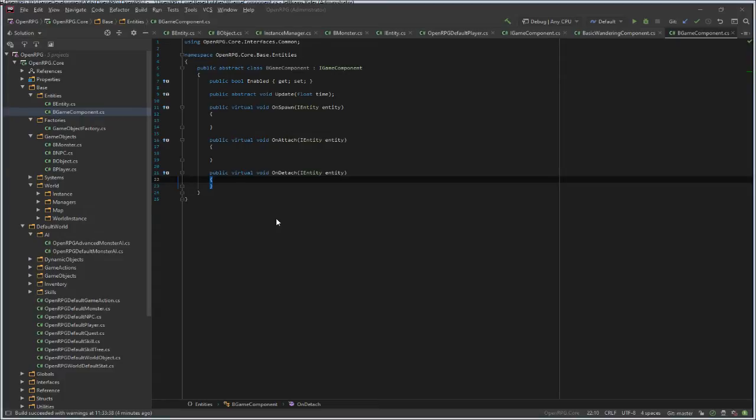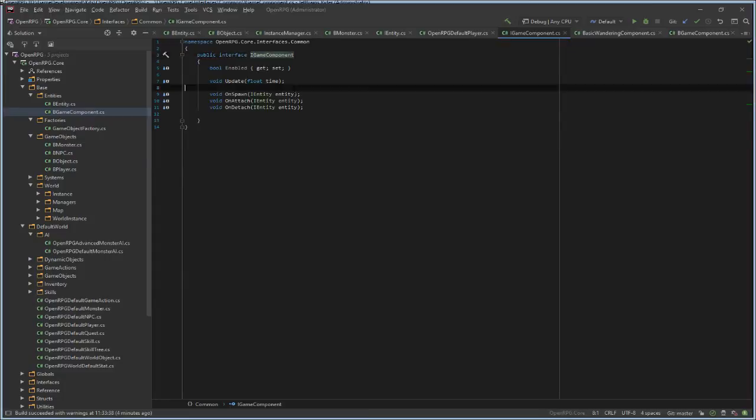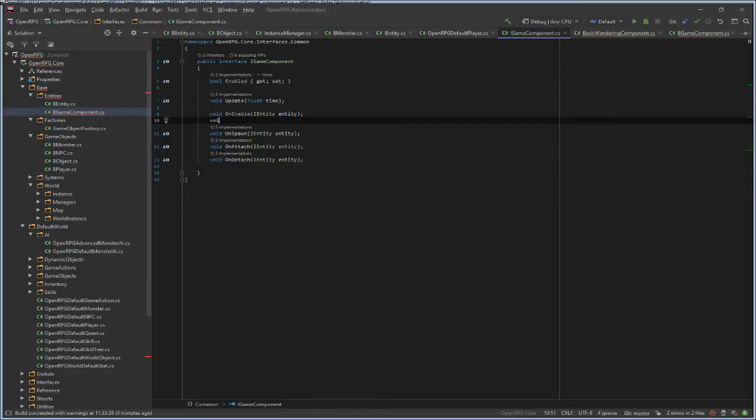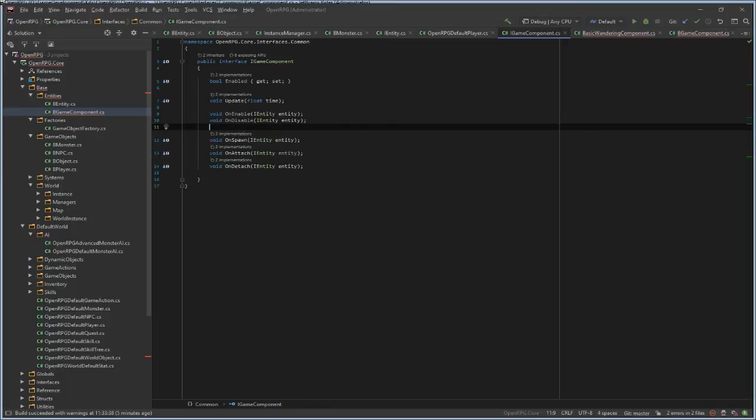Awesome. So, what else do we need to do? Yes, we need two more methods on enable. Do I have to do identity? You know what? I'll just keep it on disable identity.